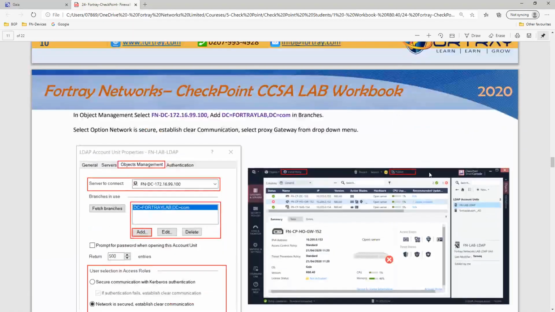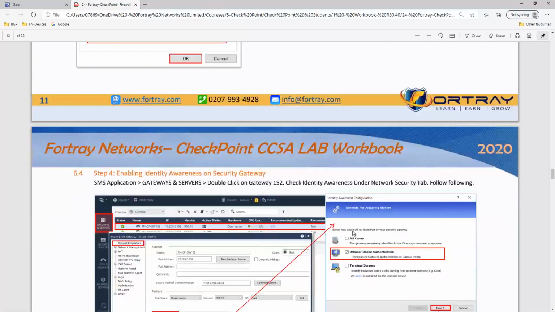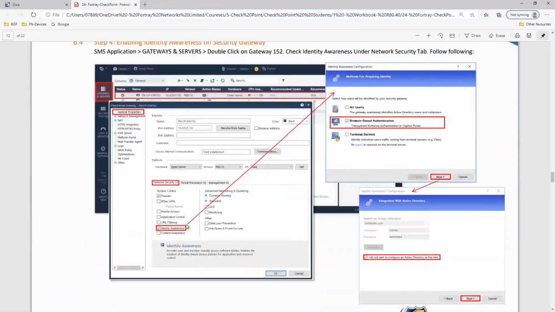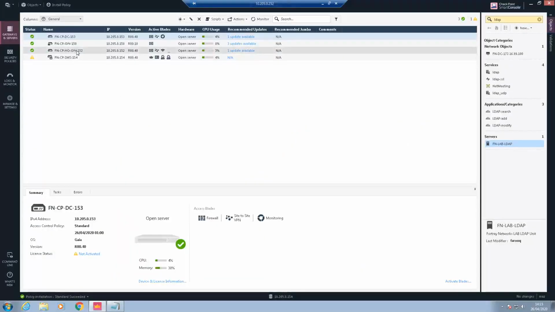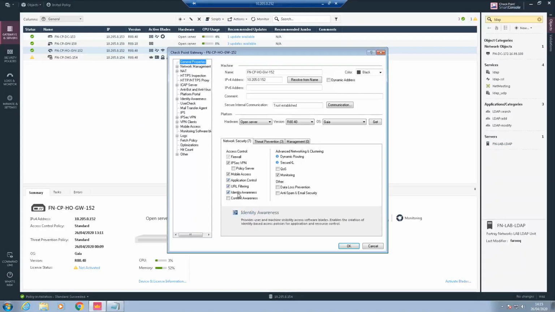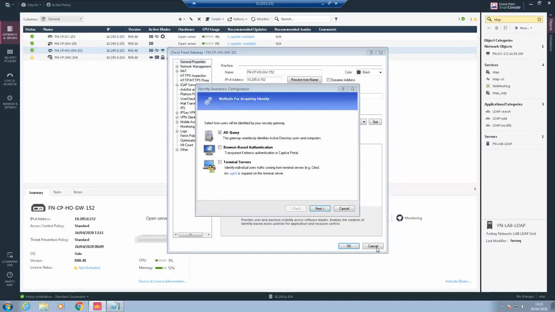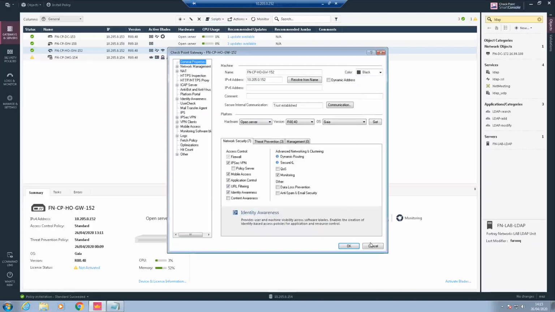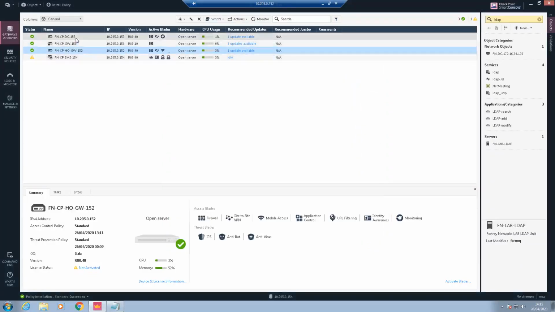Then of course you publish the changes, install the policies, and after that you need to go to the identity awareness blade, because this is a new feature. This was not enabled before. You can enable this from identity awareness. This is already configured. I can show you in a different gateway.